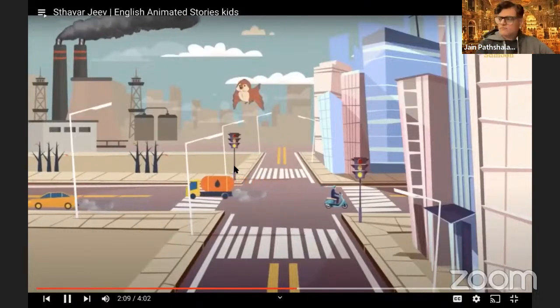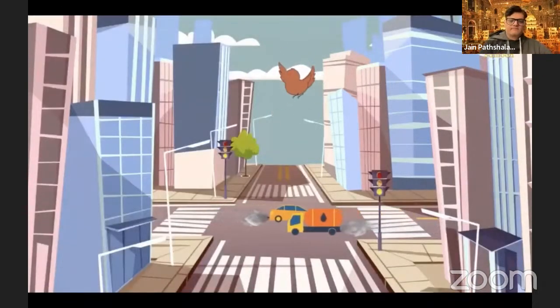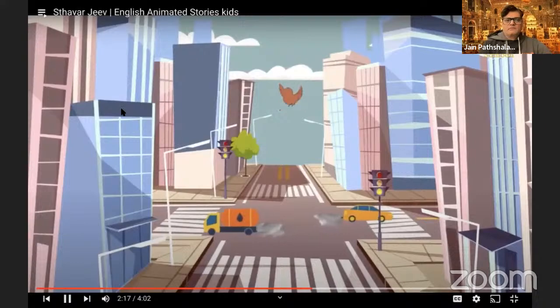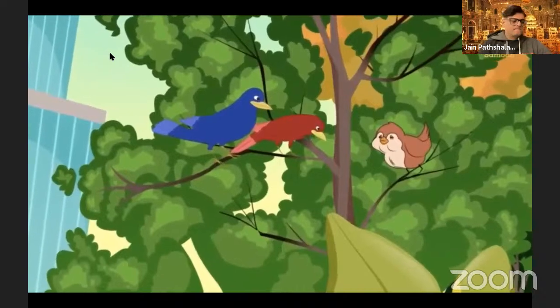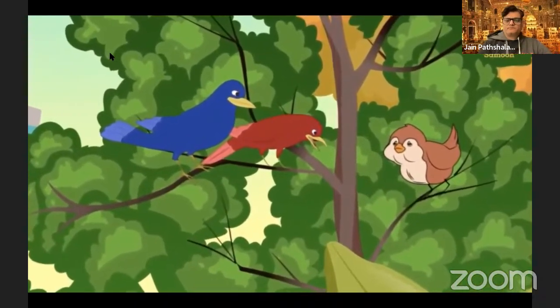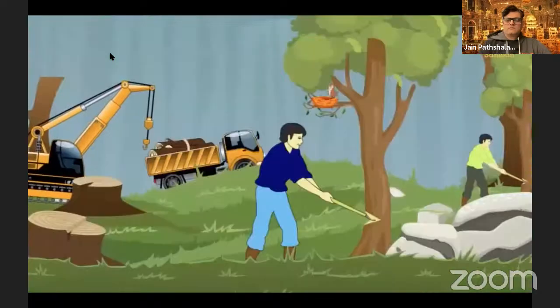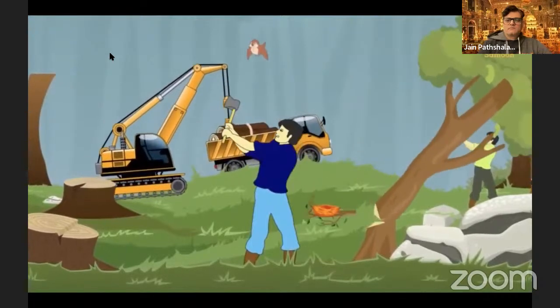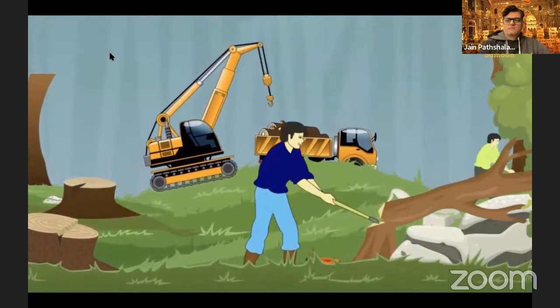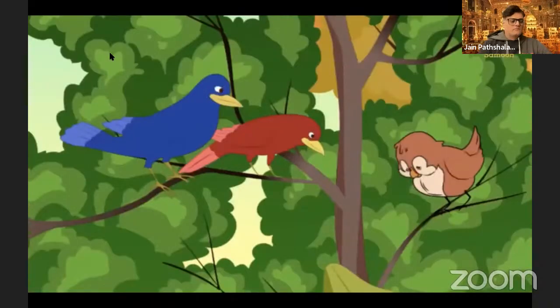A bird was flying in the sky. She was very tired. She could not find a place to sit on the beach. Soon she saw a tree very far away and sat on it. There were some other birds sitting on the tree too. They started asking the bird, "Why are you so tired and angry, bird?" The bird said, "I live in a nearby forest. There are some humans cutting down the trees in it. They've broken my nest too. Many birds like me became homeless." She burst into tears.